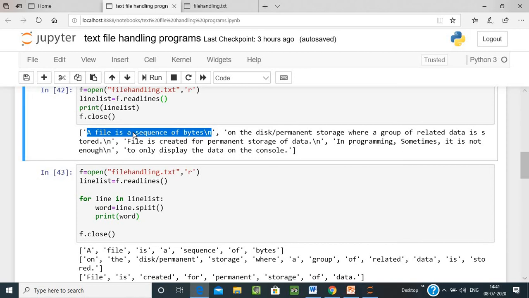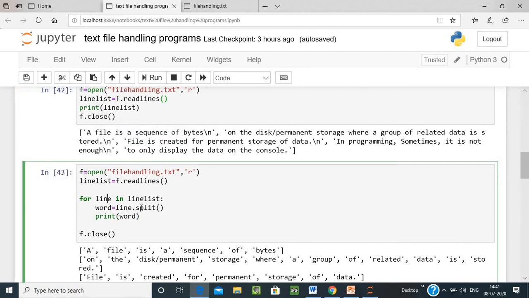So first, "a file is a sequence of bytes." So line_list will be "a file is a sequence of bytes." Now words equals line.split. A very important function is split. With the help of split we can split a particular line into words.